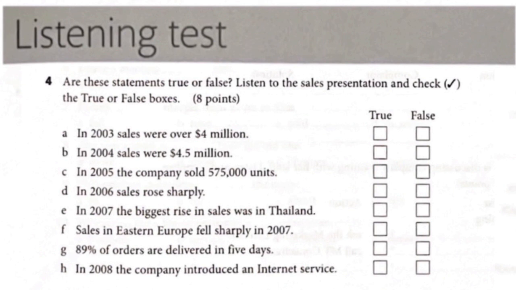Our delivery time has also improved. 85% of our orders are now delivered in 5 days. Sales figures for 2008 should be available shortly, but the signs are that it was a good year. As you know, we introduced a new internet service for clients in 2008, and it's been a great success. Well, that's all. If there are any questions,